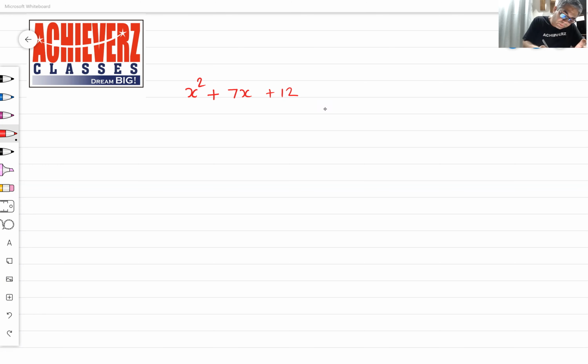So once again, I am giving you the basics of this. Assuming that there is 1, first we will multiply the constant term and the coefficient of x square, which gives me 12. Now I have to break this 12. Yes, Arshil, exactly right. We have to factorize 12 into two parts so that I get 7. So 12 is 4 into 3, and 4 plus 3 also gives me 7.